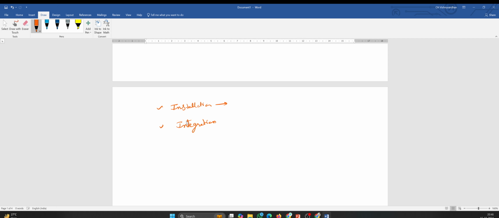For the installation, we need to go to portal creation and Sentinel creation. In the integration, we'll go for installation of data connectors. Then we'll create rules. Sorry, KQL understanding. The most important part.